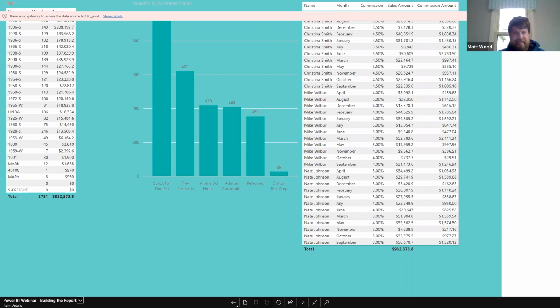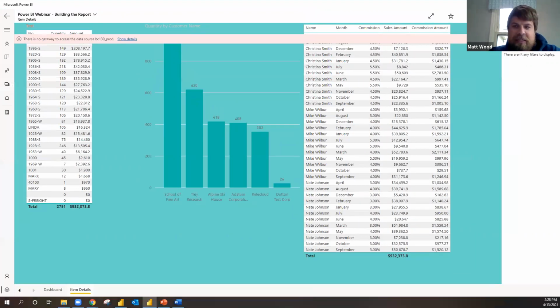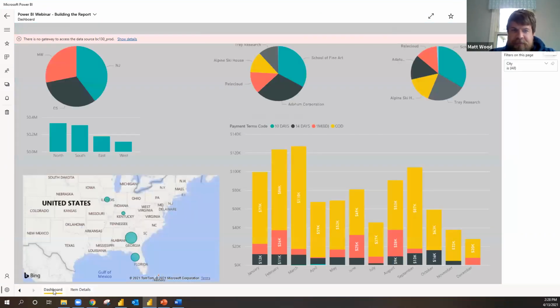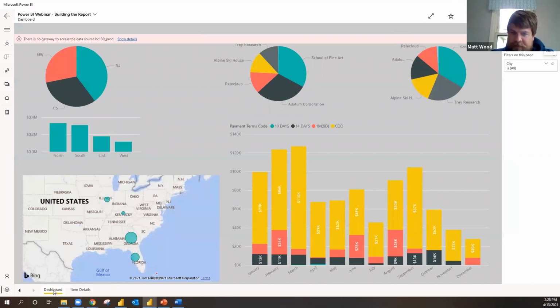And that's really, as I said, a pretty quick one. We're not doing anything real spectacular here. It's just getting that publishing done. Once we've got that nice report built, and we want to be able to share that with folks, this is how we would do that. So it's as simple as getting the workspace created, making sure those permissions are correct so we have the right users in place, making sure those users have the correct license to be able to consume it, and then publishing that right from our Power BI Desktop out to here so that we can see it.